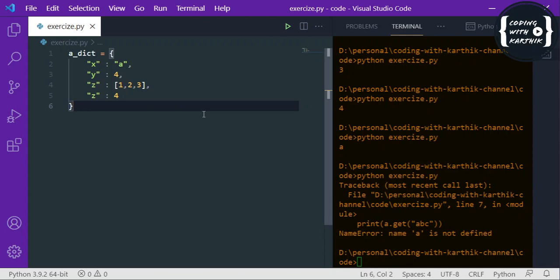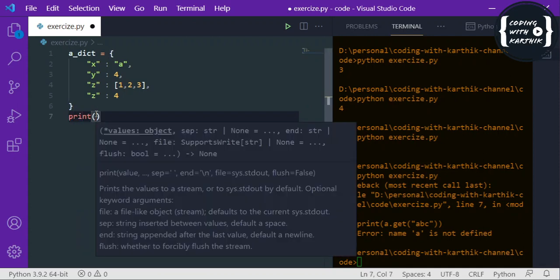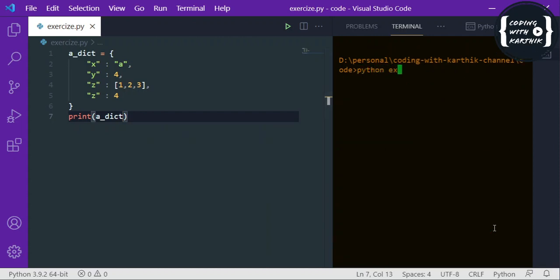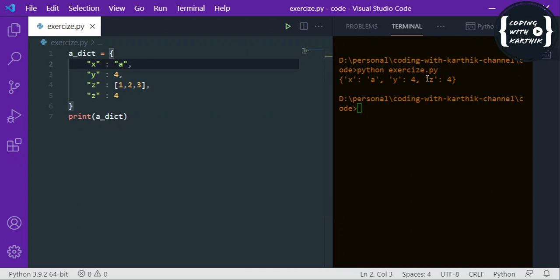So what do we mean by not allowing duplicate members, right? That means here I have given duplicate keys, Z two times. If you print this, so I'm just running this code. If you print it, you can see X, Y, Z, right? But I have given four items, and here I can see only three items since Z is repeating twice. So that's why it considers only the last Z key, and that's why here we can see the Z value as 4. By that we can say a dictionary does not allow duplicate members, duplicate keys.